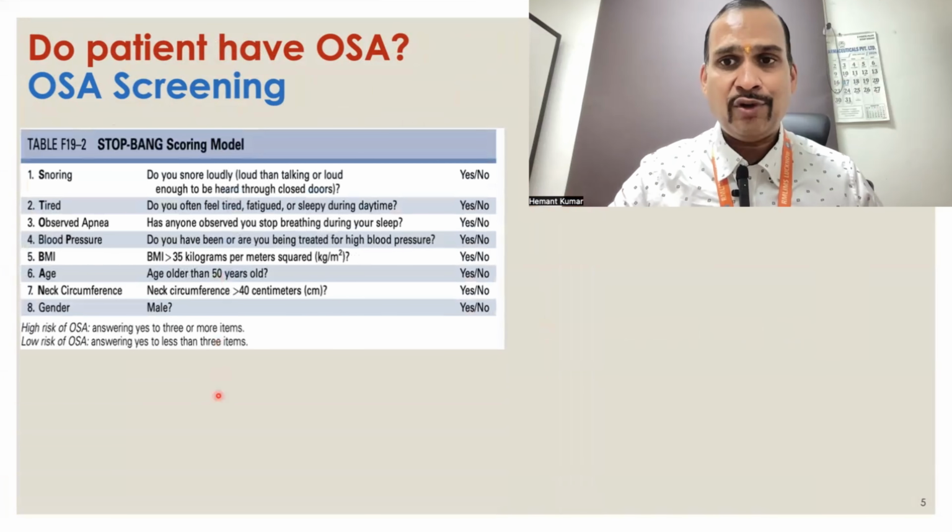Every wave has special characteristics which can be identified in a particular lead. Like slow waves, also called delta waves, are well appreciated in frontal lead F4. Some spindles, which are characteristic of N2 sleep,